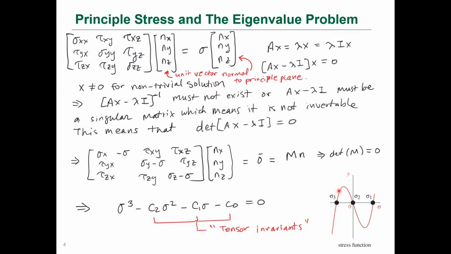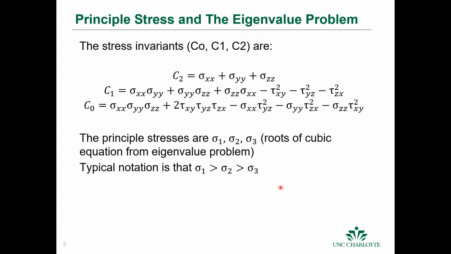This is our stress function, and these real parts of sigma are our principal stresses. They're almost always ordered such that sigma 1 is greater than sigma 2, which is greater than sigma 3. The coefficients are shown here, and this is what we showed last time. This is just as a review. In the case of a stress strain test, for example, you'll get just sigma x in the axial direction, and sigma y and z are 0. And then all of these terms, C2 and C1, are 0.